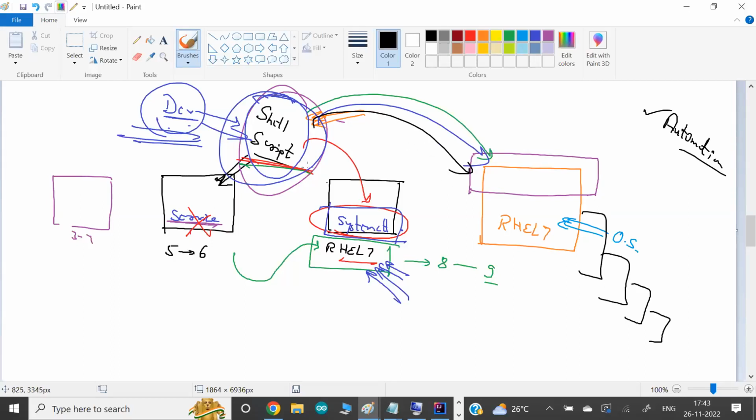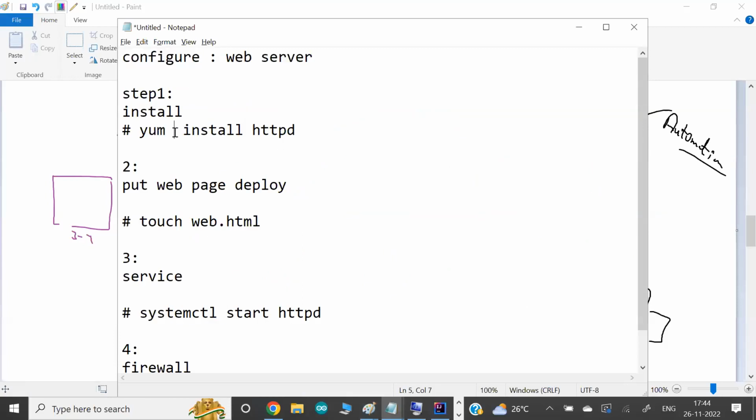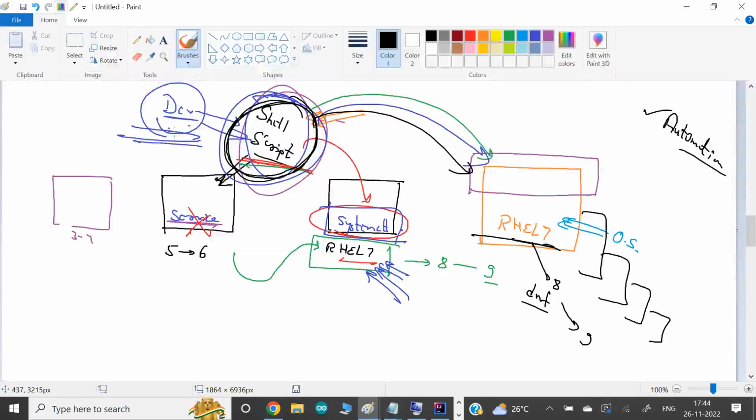Right now, maybe we change and migrate the entire script to the new version and run it here. But what if a new version of Red Hat, 8, comes up? What if Red Hat version 9 comes up? Or, for example, up to version 7 we have the yum command. By version 8, they launch the DNF command, and they suggest using the DNF command instead of the yum command. So instead of yum, use DNF, for example. Again, we'll have to change the script.